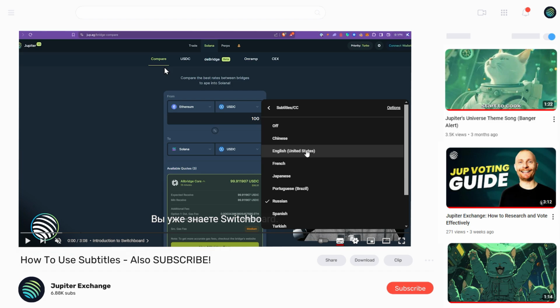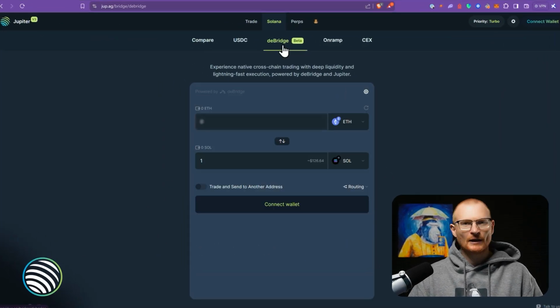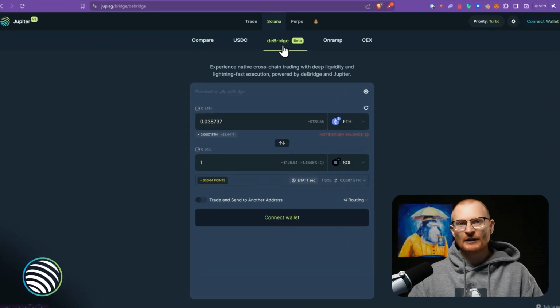However, the easiest thing that I've ever found is using dBridge. It's June 2024, and this is currently my favorite bridging solution. So I'm going to show you how you can take funds from an Ethereum virtual network to Solana. So this is for people that are on Ethereum virtual networks and they want to potentially play on Solana, but they don't have any Solana at present. You can use this tool to get some Solana and you don't need to use a centralized exchange.